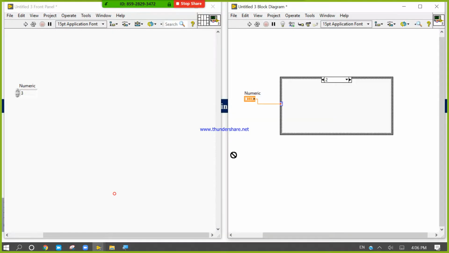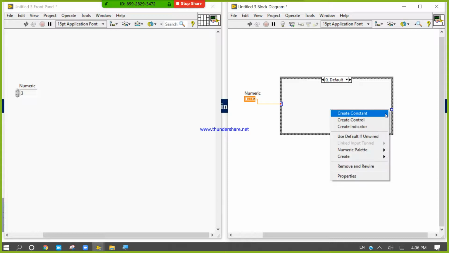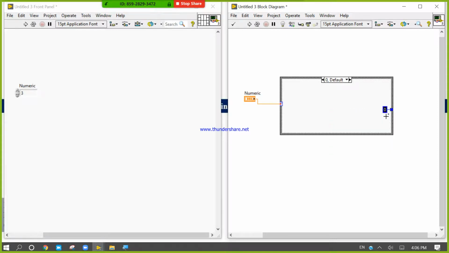Take 1 here, 2. Come into the 1, create 1, come into the 0, create 0.